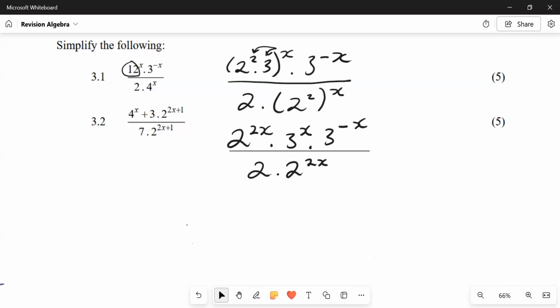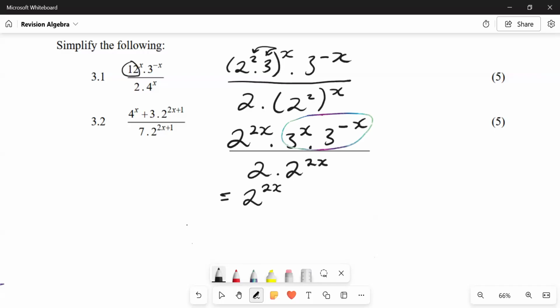And then from here we can apply law number 1. You're multiplying the same bases. What do you do when it comes to exponents? You add the exponents, né? So x minus x, that's 0. So you'll end up with 2 to the power 2x,